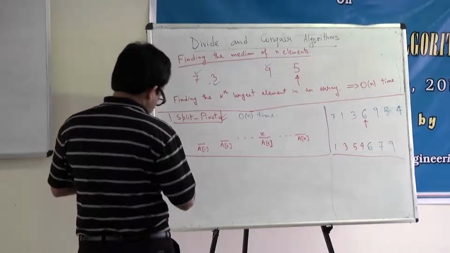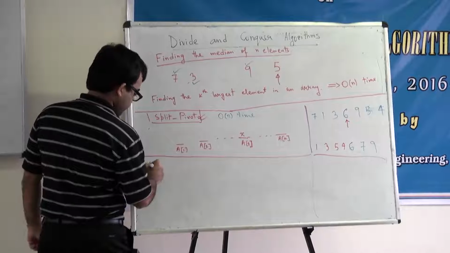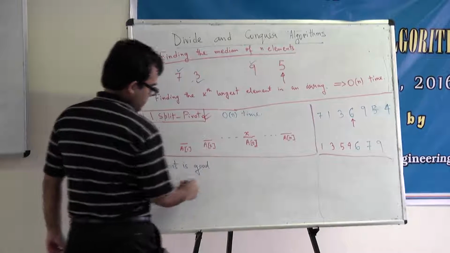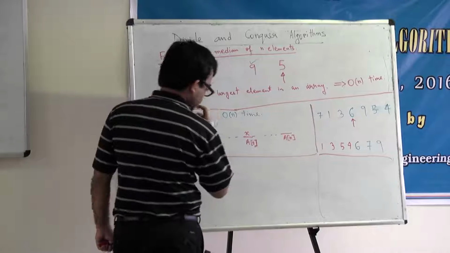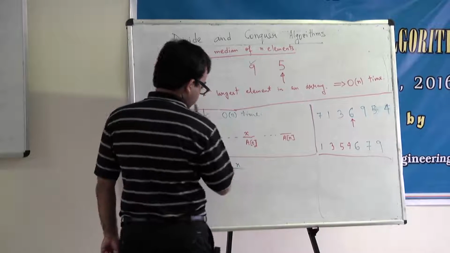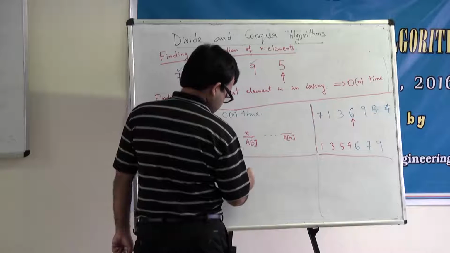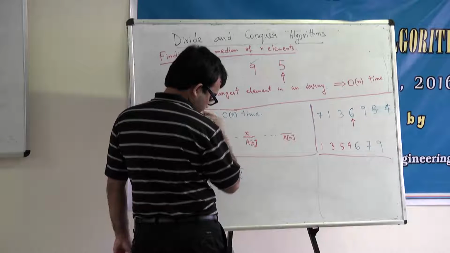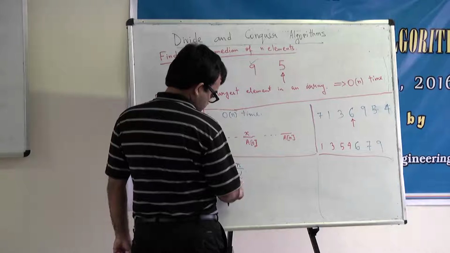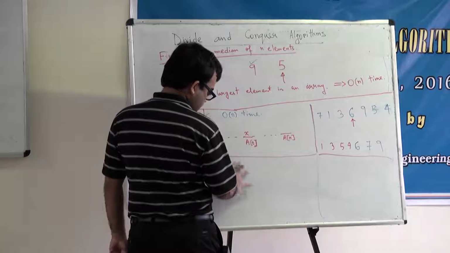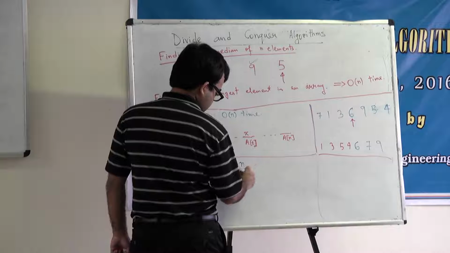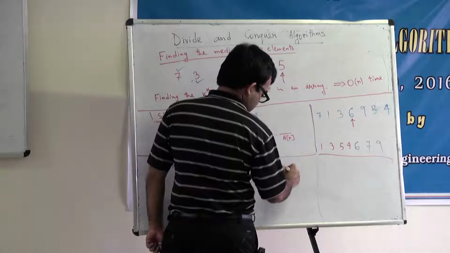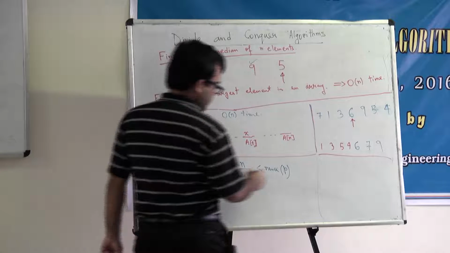Now, let me say that a pivot is good if the rank of the pivot, suppose a pivot P is good,